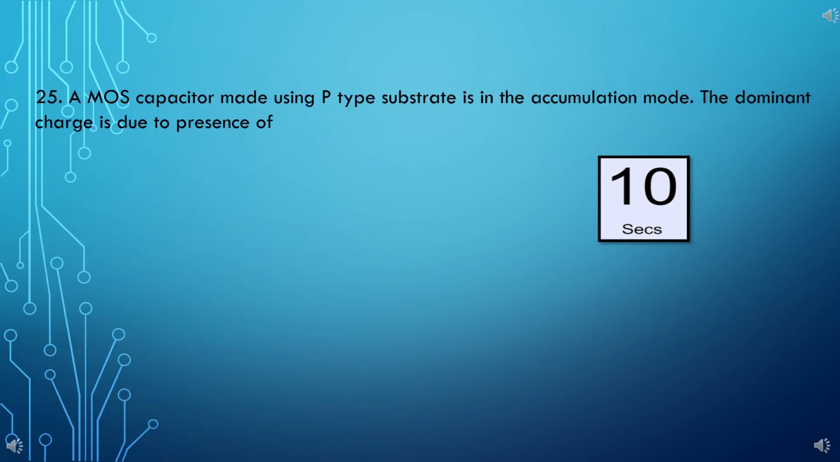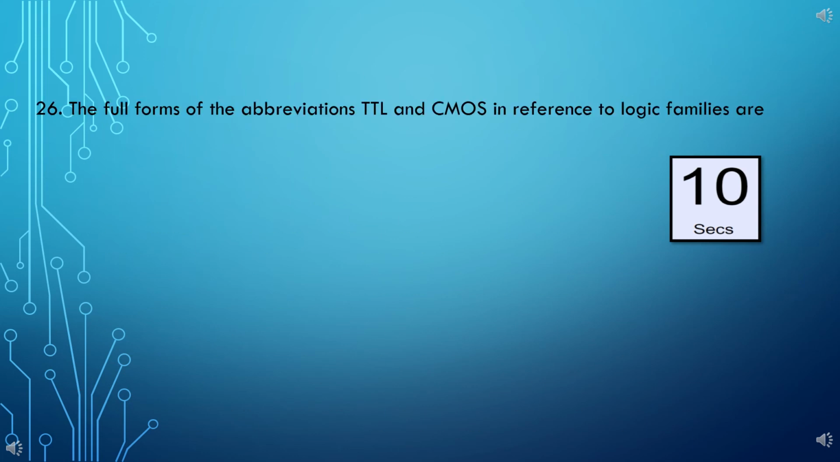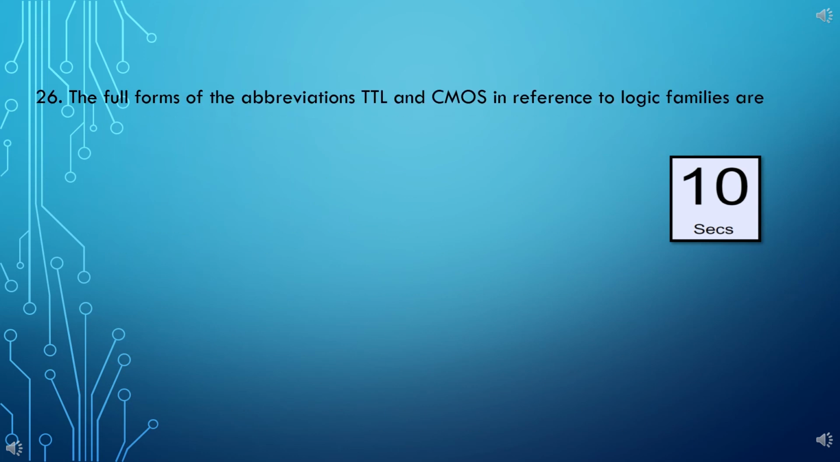A MOS capacitor made using a p-type substrate is in the accumulation mode. The dominant charge is due to the presence of: Option A. Holes. B. Electrons. C. Positively charged ions. D. Negatively charged ions. Answer: holes. The full forms of the abbreviations TTL and CMOS in reference to logic families are: Option